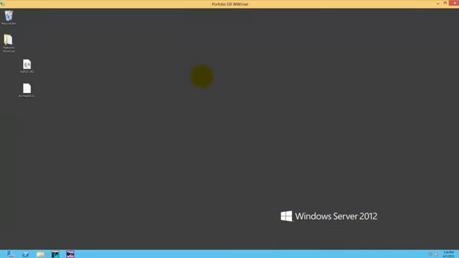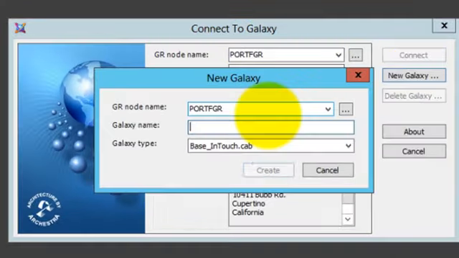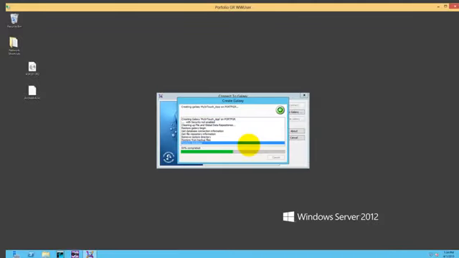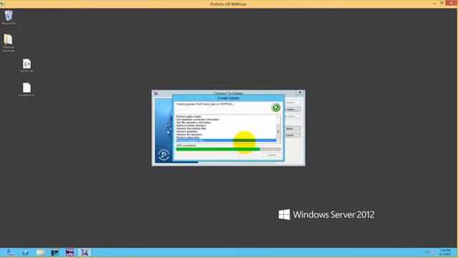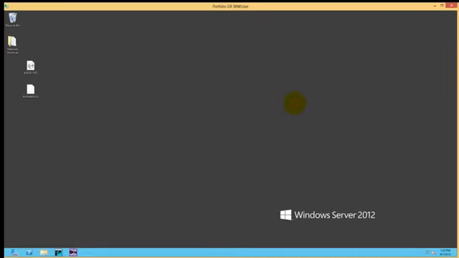There we have our IDE button. Click on it, and we'll basically say create a new galaxy called My InTouch app. And once that is created, we're going to open this up in the IDE and import our InTouch application. So the first part first, and that is basically connect to it once it's created, and it will open up the IDE. So in here,